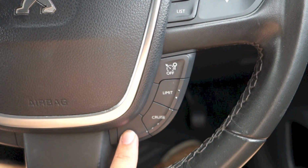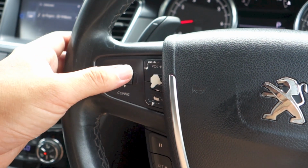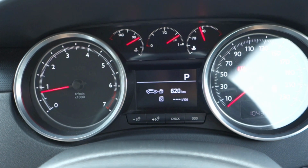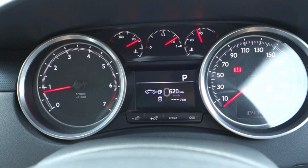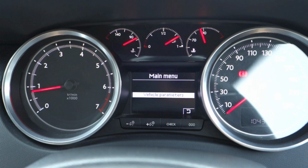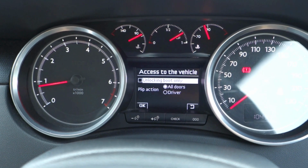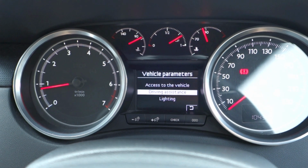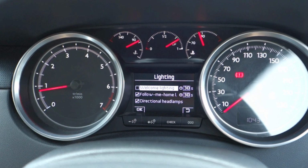You have your cruise control buttons right here and right here. You have your configuration button right here, which basically, if you just scroll the wheel, goes through your various displays. But if you click the wheel down, you can bring up your vehicle parameters option, where you can set your access to the vehicle settings, driving assistance settings, light settings,